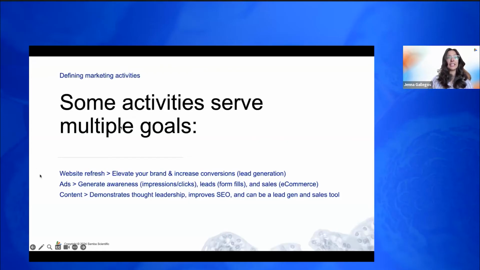And generating content is fantastic because it shows thought leadership, it helps build trust, it provides opportunities for SEO because the more content you have on your website, the more keywords there are for people to search and become associated with your website. And they can be a direct tool for lead generation. So we can leverage white papers in ad campaigns or in emails to prompt people to download them. And they can be a sales tool, print them out, bring them with you to conferences.